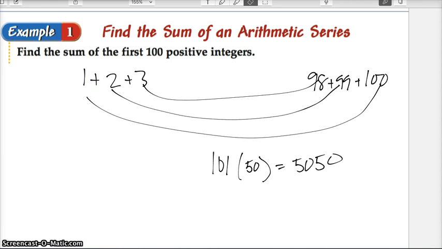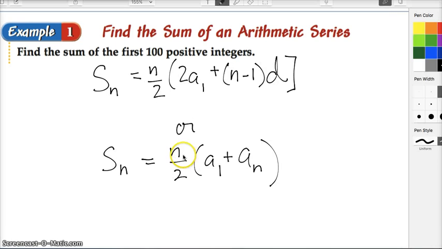But what is the formula? How do we memorize this? And how do we use this all the time? So basically, here's the formula that we're dealing with. S sub n is the sum of the values in a sequence. So if you wanted to find all of the values up to S sub n, so if n were 7, we're finding the sum of a sub 1 all the way up to a sub 7. You get me? So if we wanted to find S sub n, we take the number of terms divided by 2, and we multiply it by this,